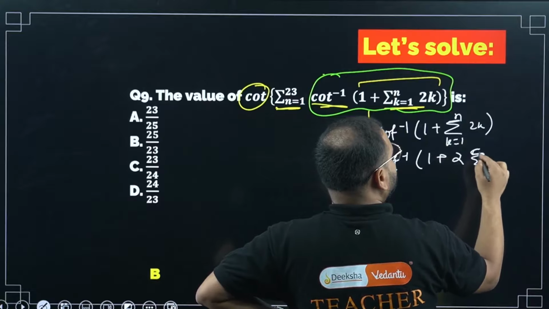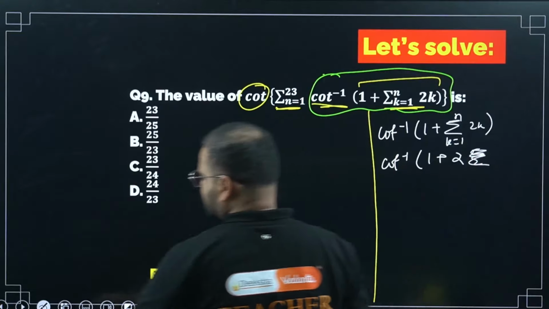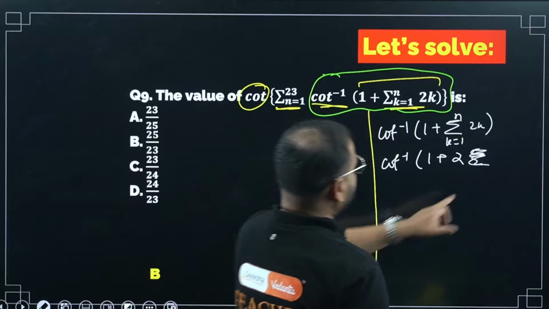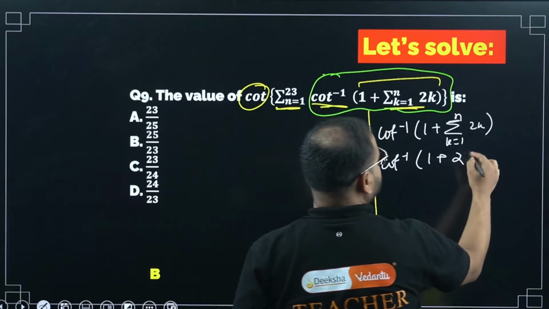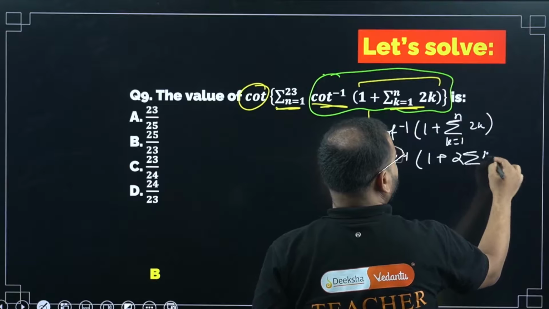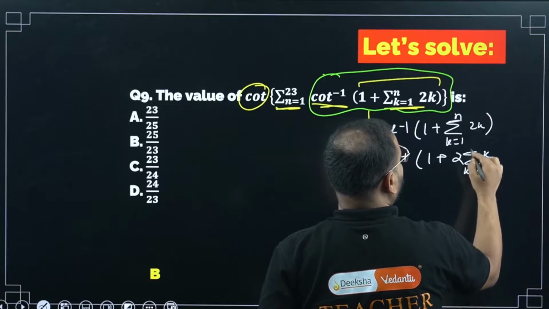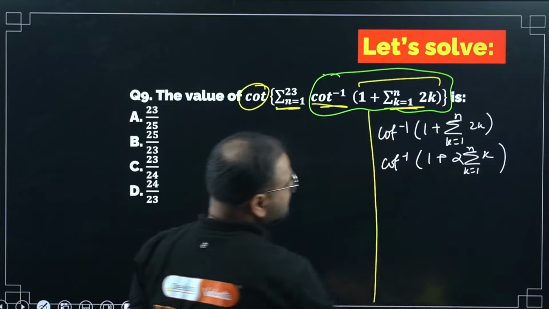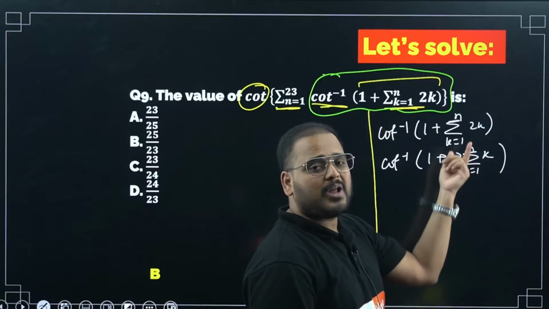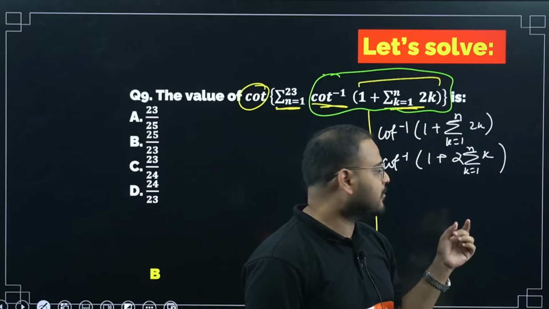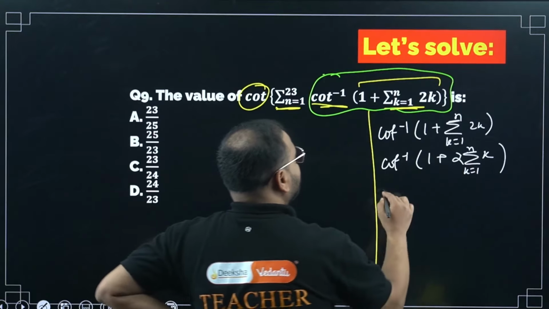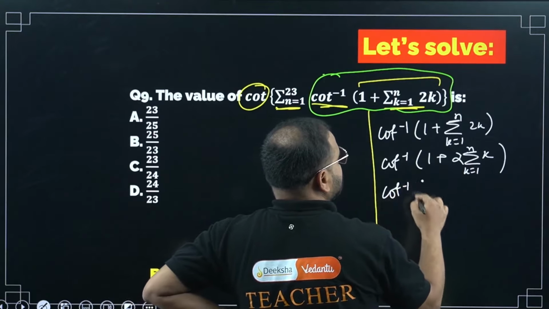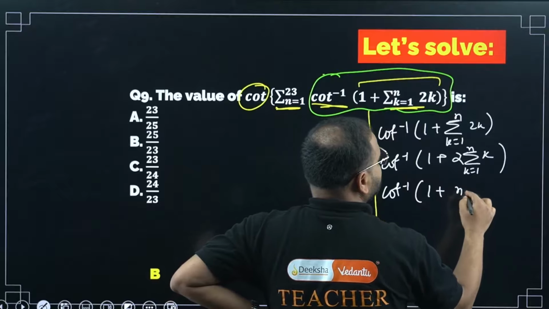This is the summation. The summation symbol is not coming, right? Let's rewrite it. This is going to be k, starting from k equal to 1 to n. Do you remember this thing? 1 to n means starting with a natural number, so basically they are asking the sum of all natural numbers till n. We had the formula for this in sequences and series. 1 plus n times of